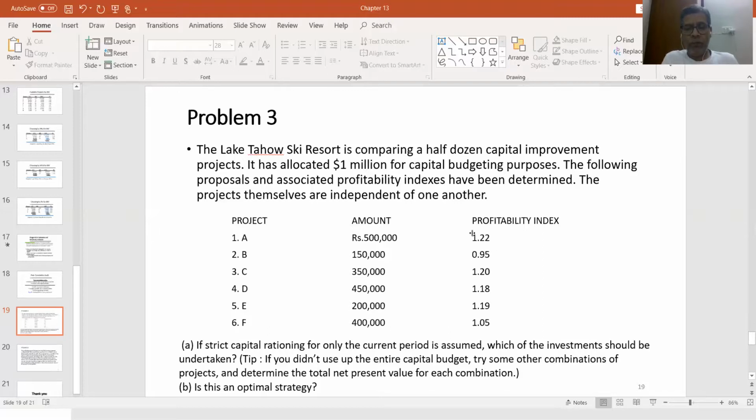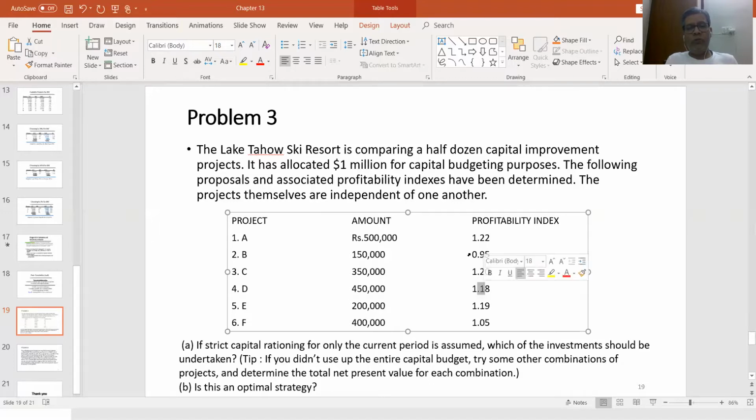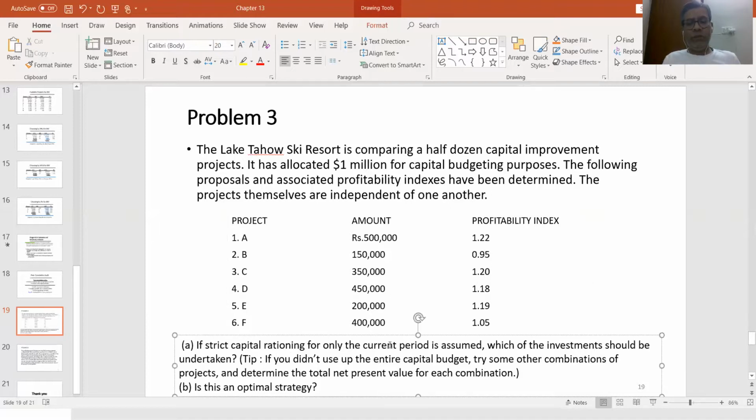So we can find out this project is giving you 1.22, 22% return, this project is giving you 20% return, 19% return, 18% return. This project is making a loss of 5%. So if strict capital rationing for only the current period is assumed, which of the investments should be undertaken? If you didn't use up the entire capital budget, try some other combination of projects and determine the total NPV